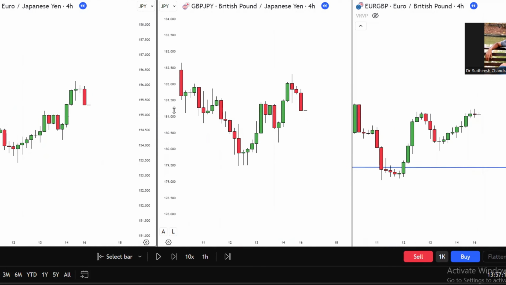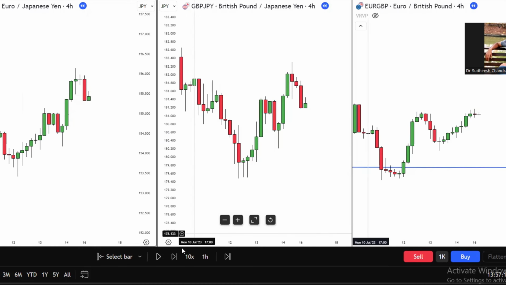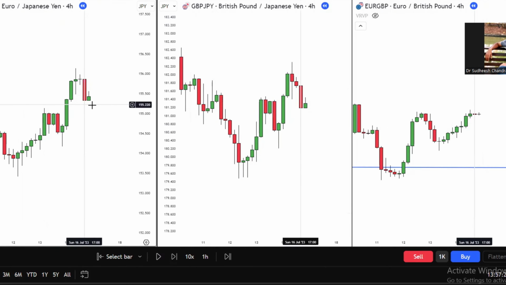And we could see that we have a fair value gap over here. We also have a fair value gap over here. The 4-hour time frame is clear. We have this point of interest. And this point of interest is where